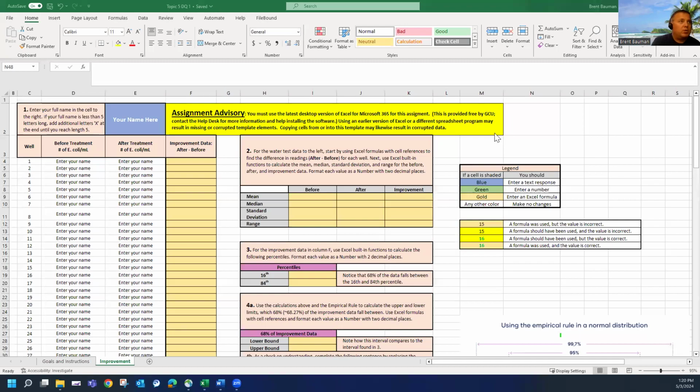Hello, class. I wanted to go ahead and go over topic 5DQ1. This will also be very similar to major assignment 3, the first tab, so you can reference back to this when you're working on the major assignment as well. Like most of ours, let's go ahead and put our name in first